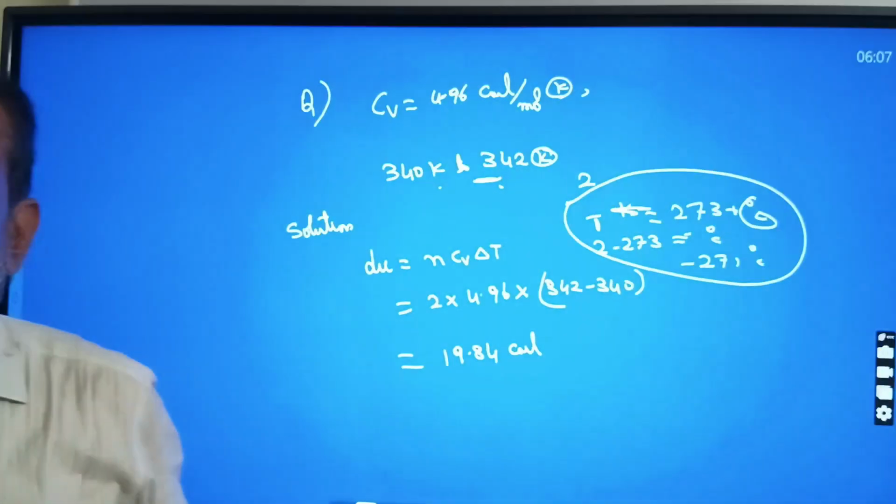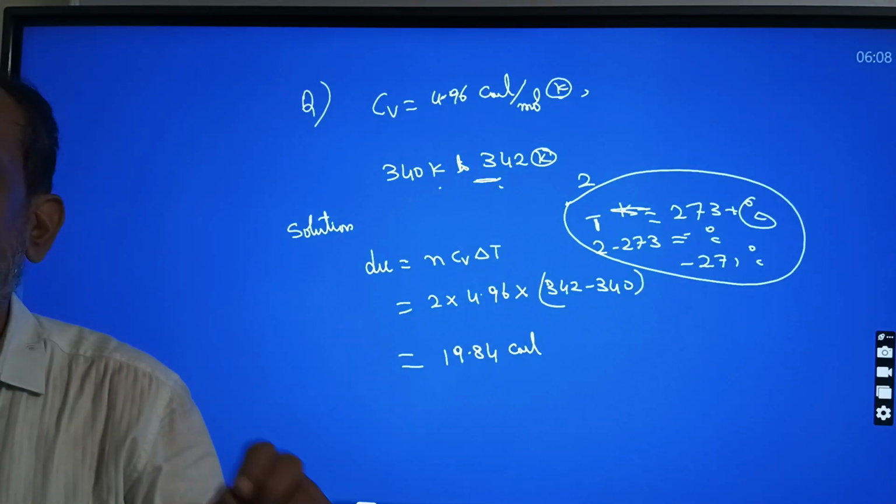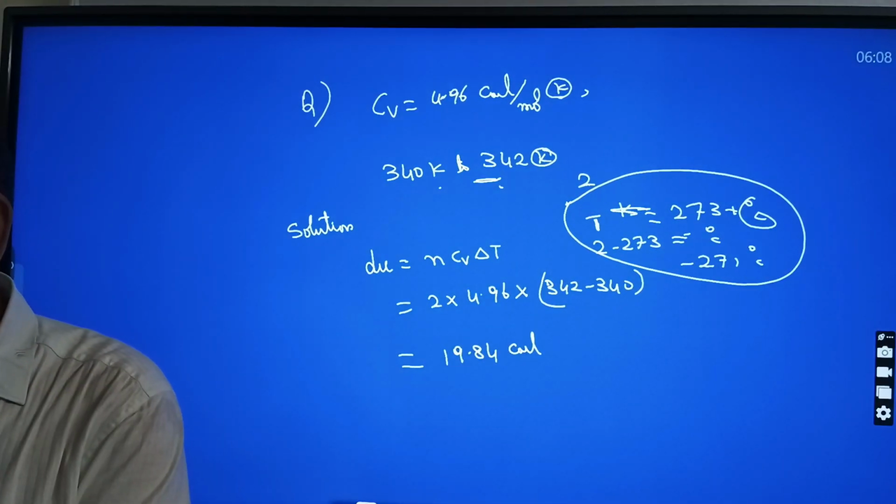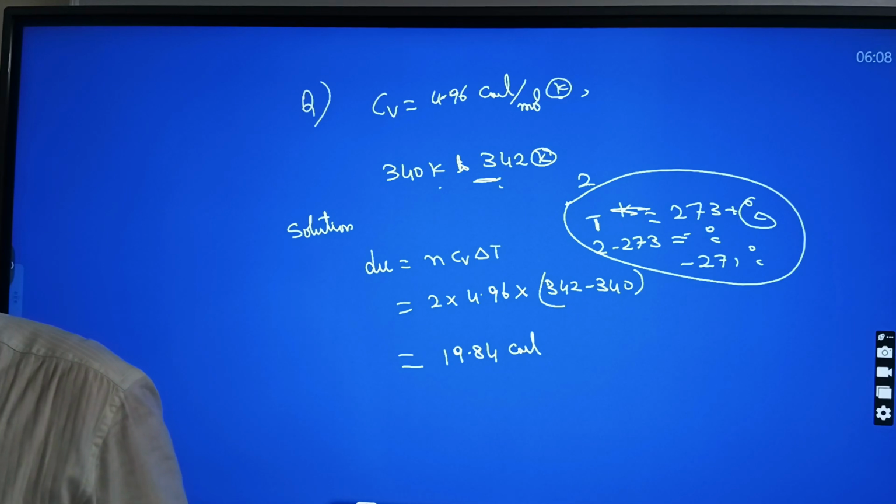Right, but then the method is correct. But not taking care about the units is very dangerous. Right, sir? Now please write. Next one: the relation between